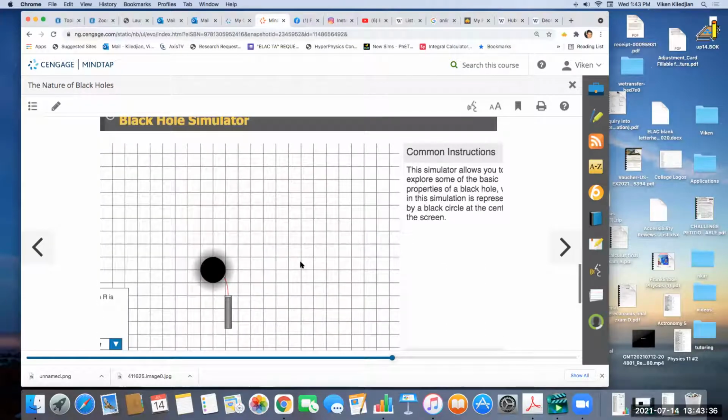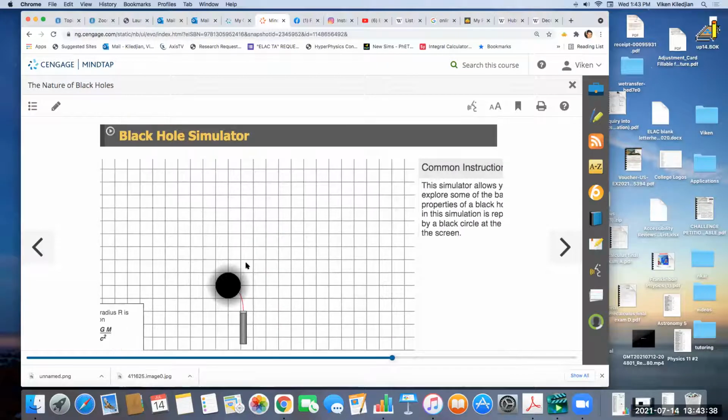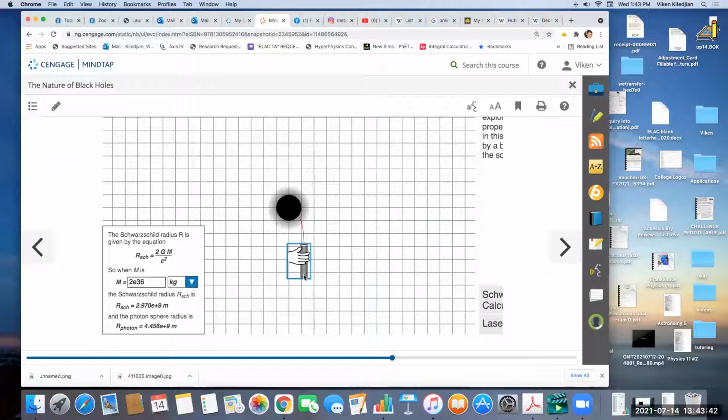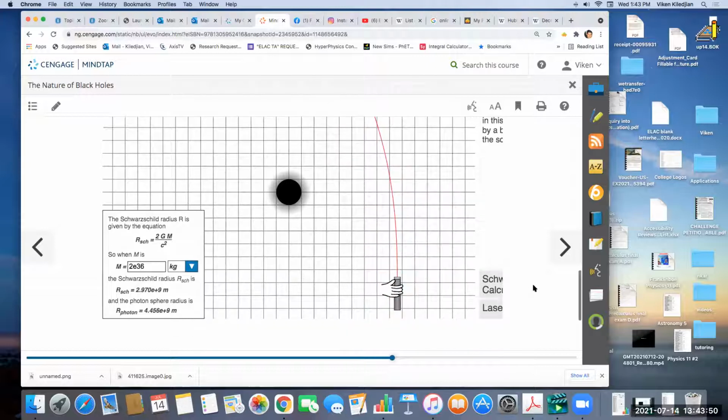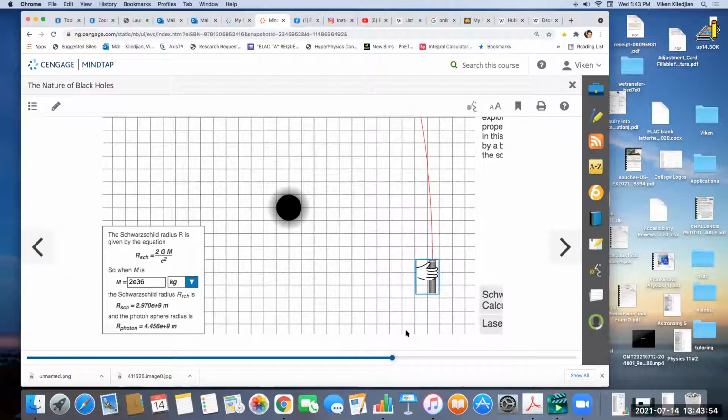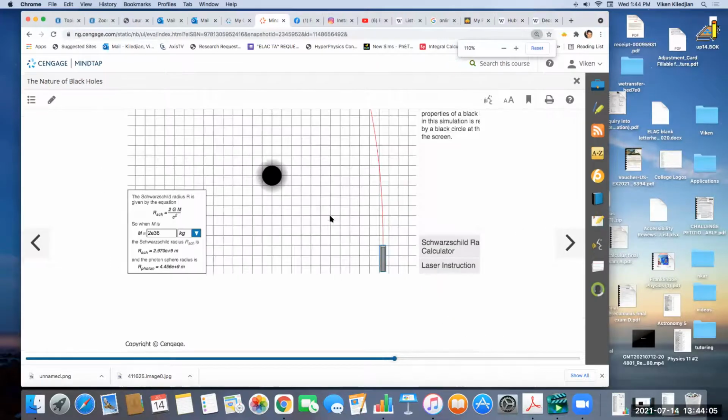Is this changing at all when I'm changing the masses? It's not getting bigger. Wait, what is this showing? Oh, is this showing like, okay. This is showing, there you go, that's cool. Oh, I see. So it's showing the bending of light when you go close to the black hole. You see? I like that. So it's saying here,